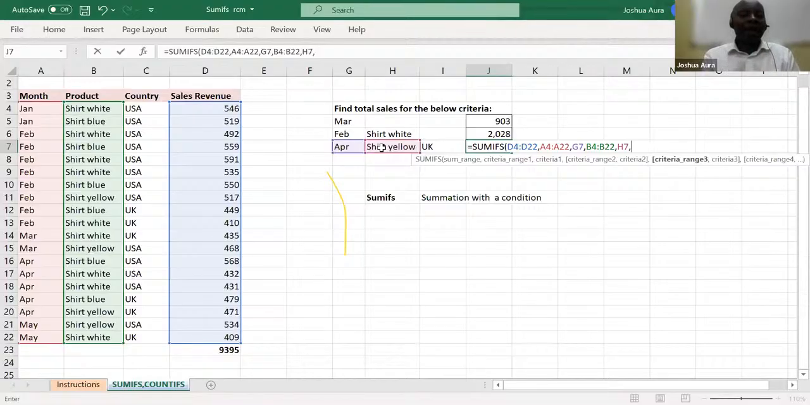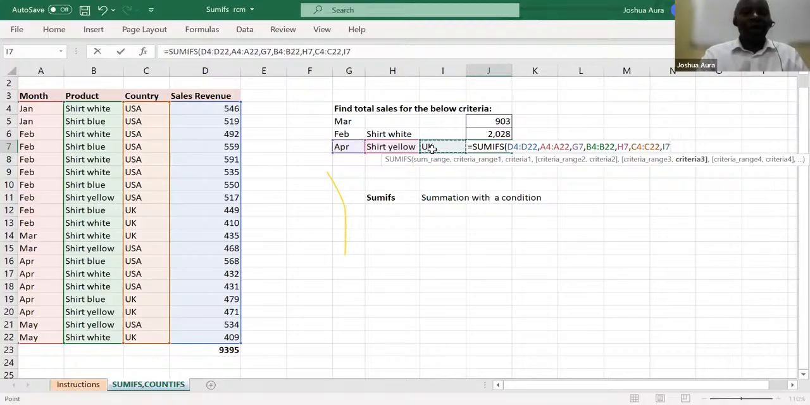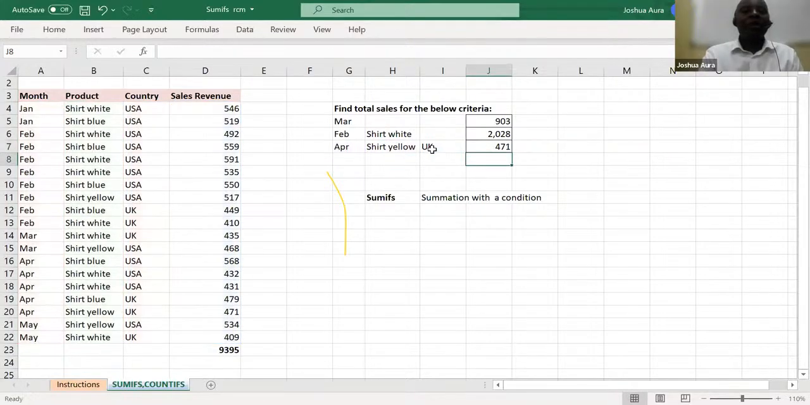We have the next one, which is UK. So UK is a country. That is the criteria. So I have to go to all countries' house. I highlight this column here, country, like that. So like that, we go to the end. And then I will say comma. And then straight away, we click on UK. And then I'll close brackets like that, right? So after I do that, I click, and I'm able to get this 400 and